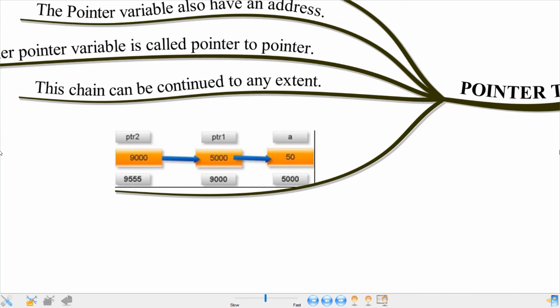For example, look carefully, this is my variable a having the value 50 and the address is 5000. Now this 5000 address is stored as a value in ptr1. This ptr1 also has an address, 9000, and this 9000 is stored as a value in ptr2. So ptr2 has the address of the pointer, which is why ptr2 is a pointer to pointer.